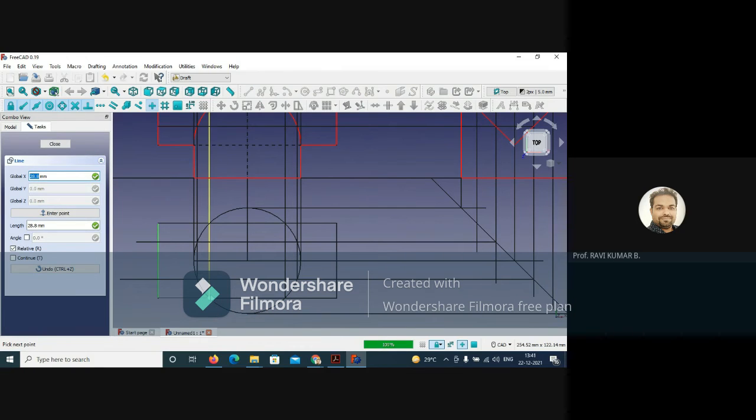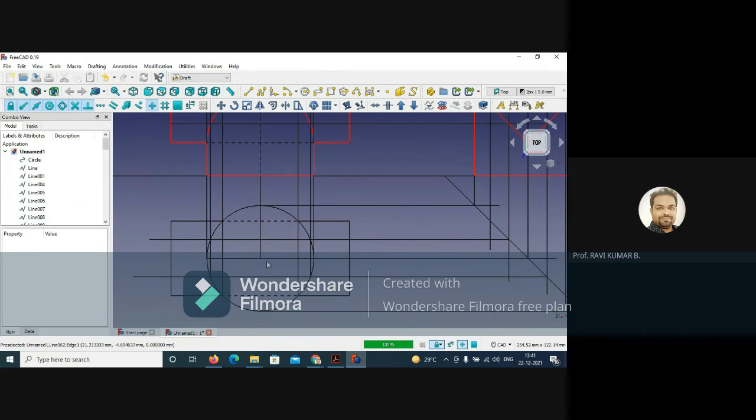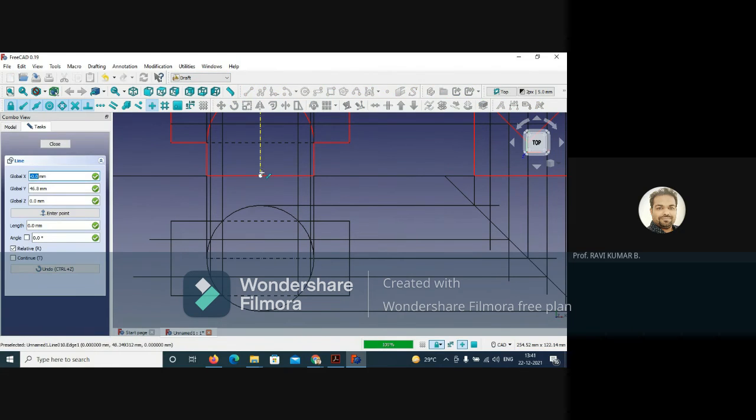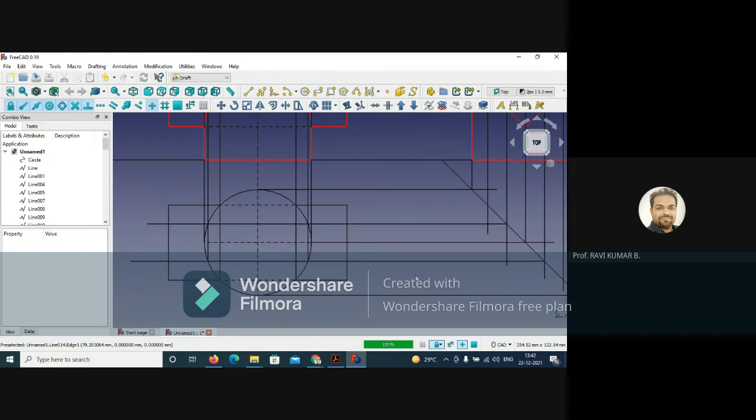So you can connect. Now select this line and select this line and change this to dashed. This is over. This is your axis line. Convert this into the axis line. Draw style, dash dot. This is also an axis line, so better you delete this first and draw the continuous line from this point up to this point. Then select this and change this to dash dot. So the axis line has been drawn.